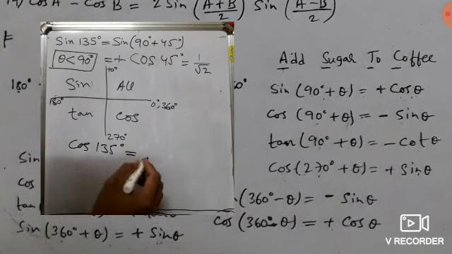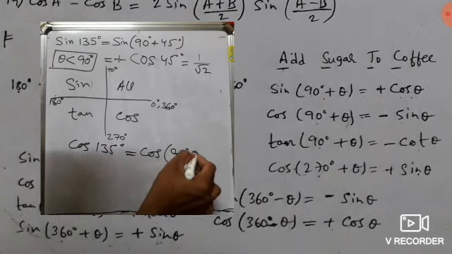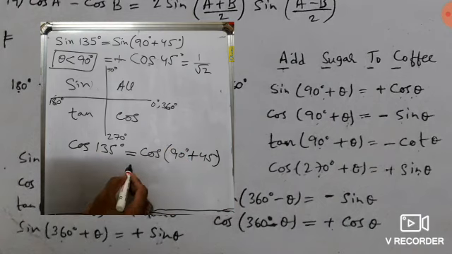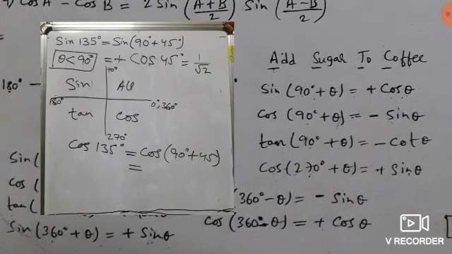We can break it into cos of 90 degree plus 45 degree. So cos 90 plus 45, what will it be? We can see in the picture that cos 90 degree plus theta is sine theta with a negative sign. Why negative? Because cos 90 plus theta